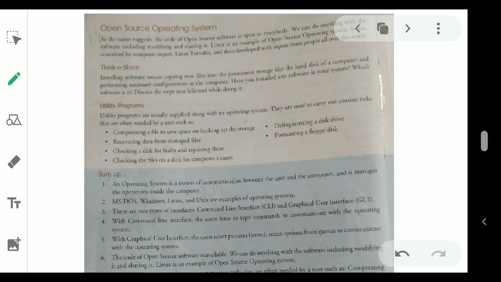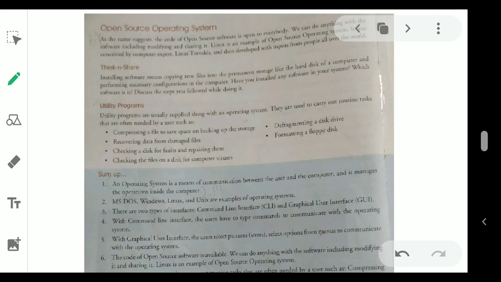It was conceived by computer experts. In the case of Windows we cannot develop it, because the specification authority needs to develop it. But in Linux, if you want to modify some part of the operating system, you can do that.